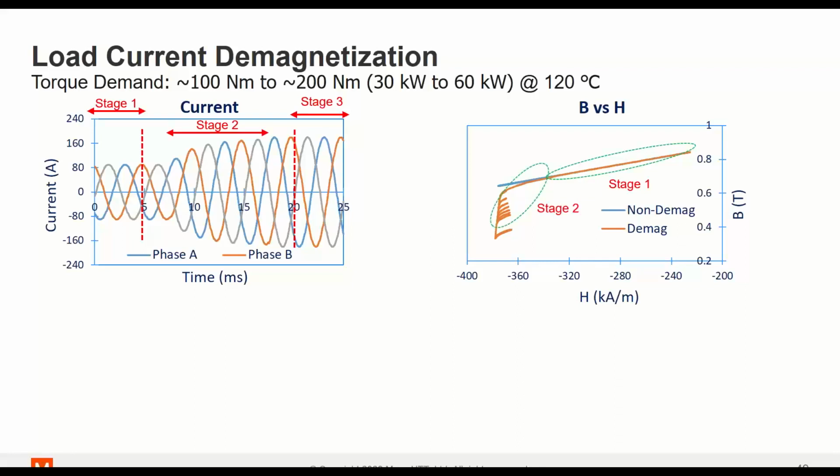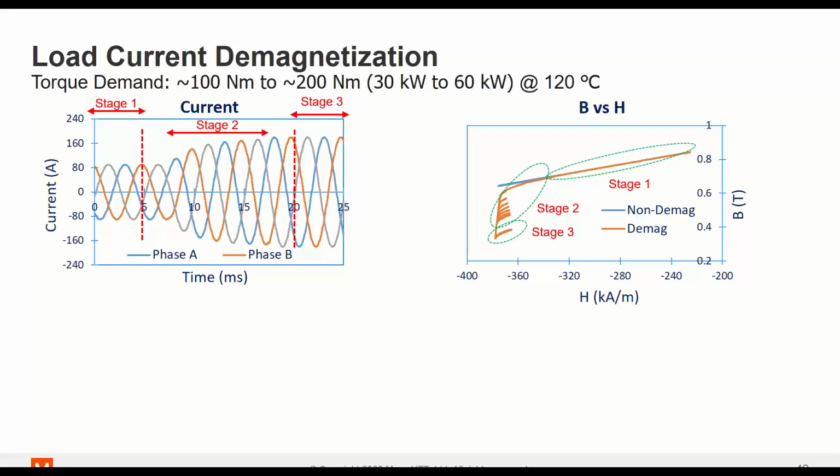In stage 2, the current is ramped up, as you can see from the graph in the top left corner. The current is increasing. So for the demag model, this is progressive demagnetization as the material is pushed below the knee point and recoils on a new but lower characteristic every time. And in the final stage, the current settles at the higher current value. Hence, the demag model recoils on a new, lower characteristic than in stage 2. And this is important in the analysis of permanent magnet traction motors under all conditions, particularly under acceleration, which requires the motor to be momentarily overloaded.